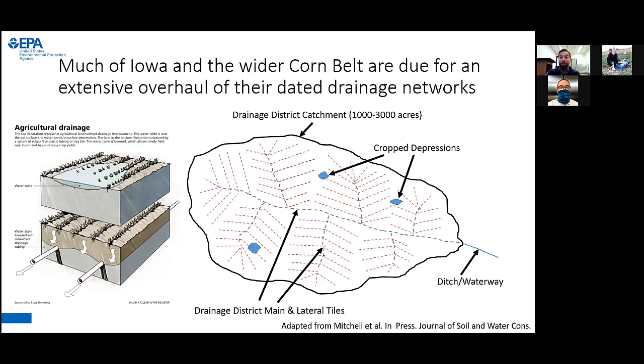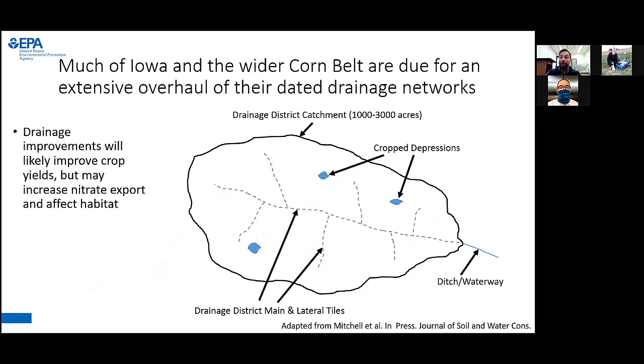Drainage districts mostly align with the boundaries of the catchment and typically range from 1,000 to 3,000 acres. The drainage district lateral and main tile systems carry drainage from the entire catchment, and in much of Iowa were installed between 1900 and 1925. The current drainage systems are therefore not designed for modern agricultural production, and in many cases are degraded and therefore underperforming, serving as essentially a bottleneck that causes water to drain slowly from fields regardless of the field tile condition or layout.